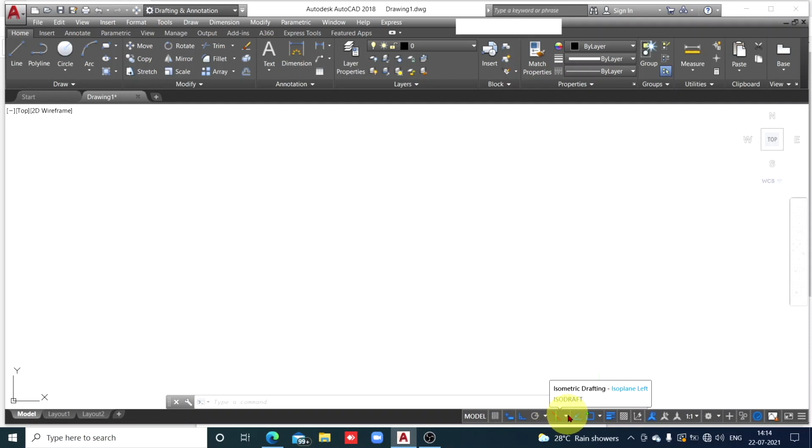Now check what is available here in the drop down menu. So isoplane left, isoplane top and isoplane right. Now this is very important, try to understand. In each plane there are 2 dimensions you can measure. For example, isoplane left.